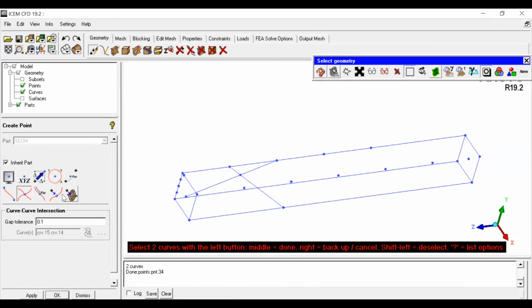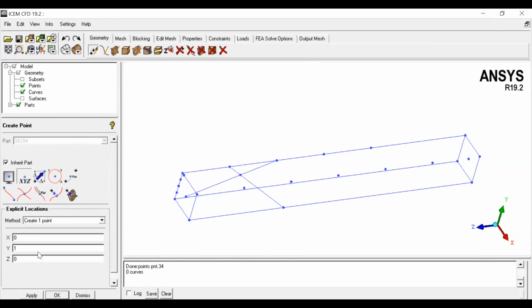Okay. As a whole, the first one is explicit coordinates, where you need to specify the coordinates. That means once you finalize the problem definition, you have a rough sketch on your paper, and you must have the coordinates of each point. Not necessarily each point, at least the base surface. Once you draw the base surface, using the base and delta command, you can generate the remaining surfaces of the computational domain. That's why you need to have all the dimensions, right?